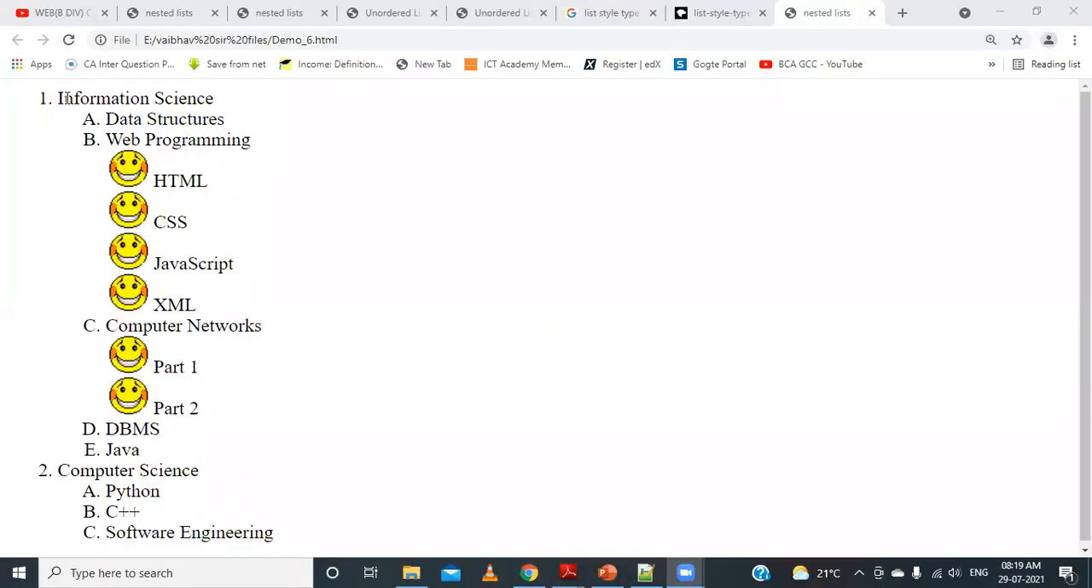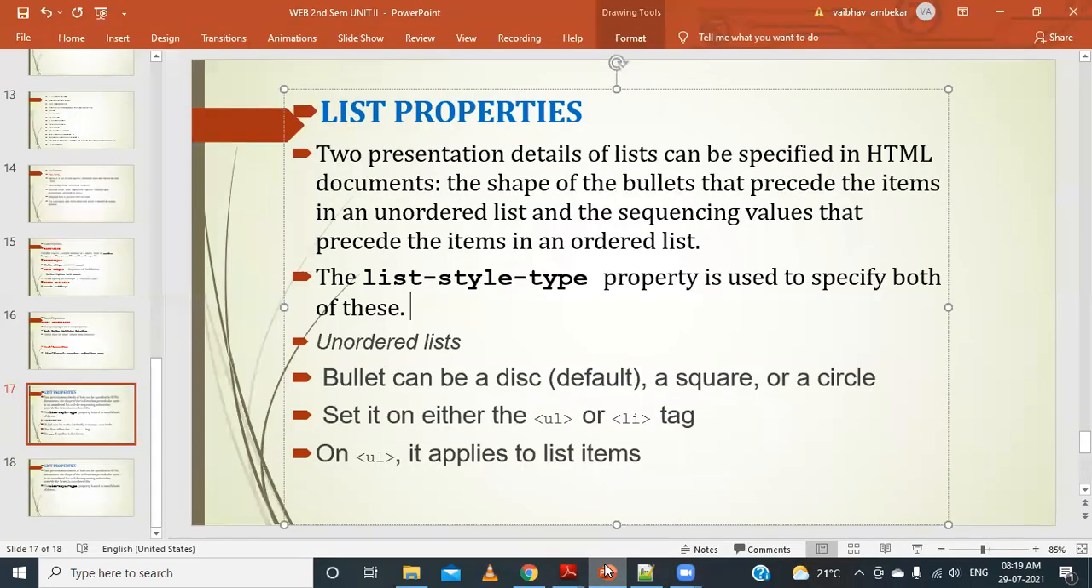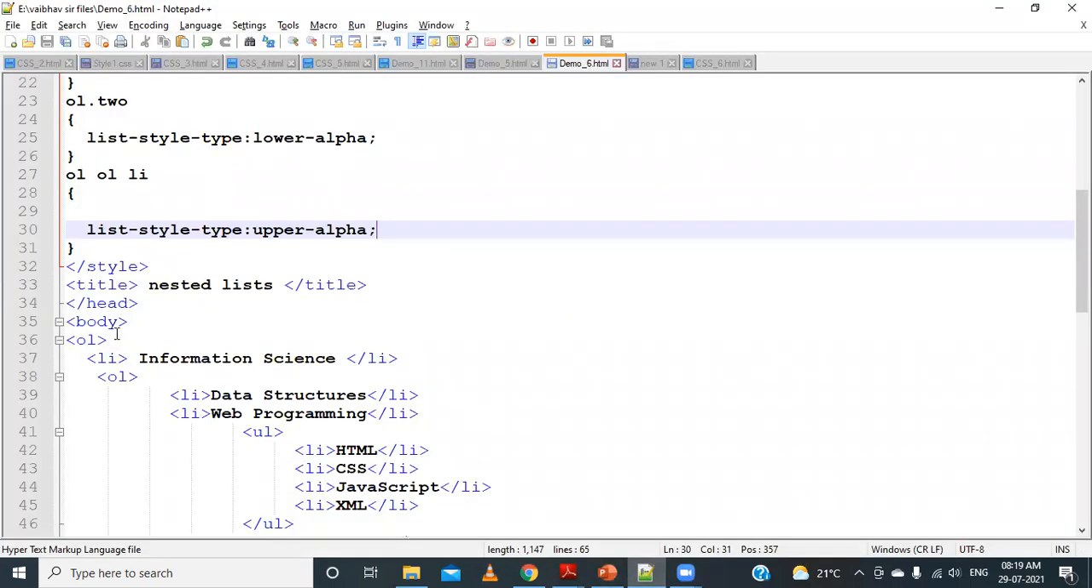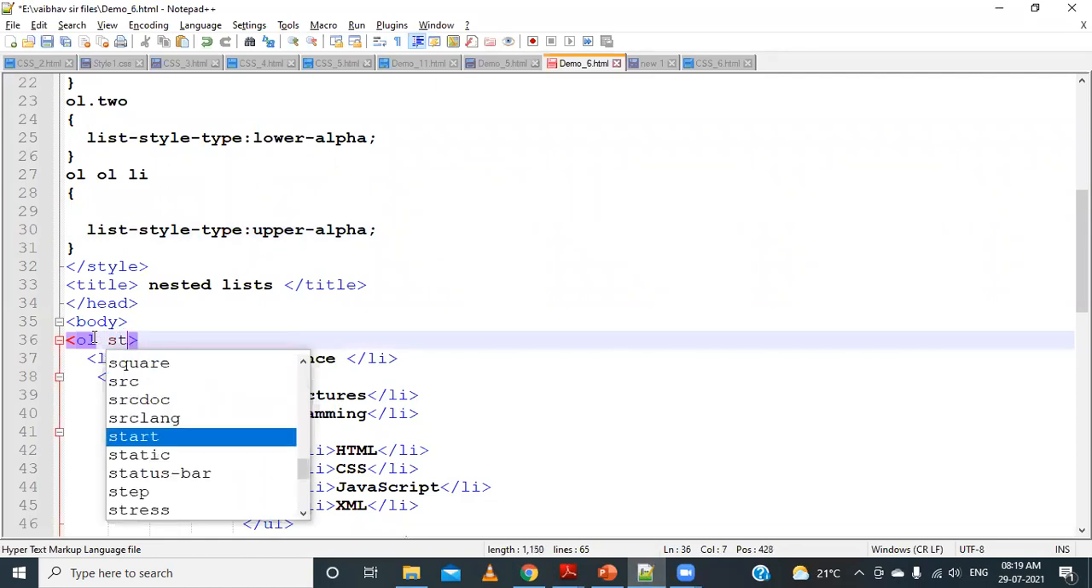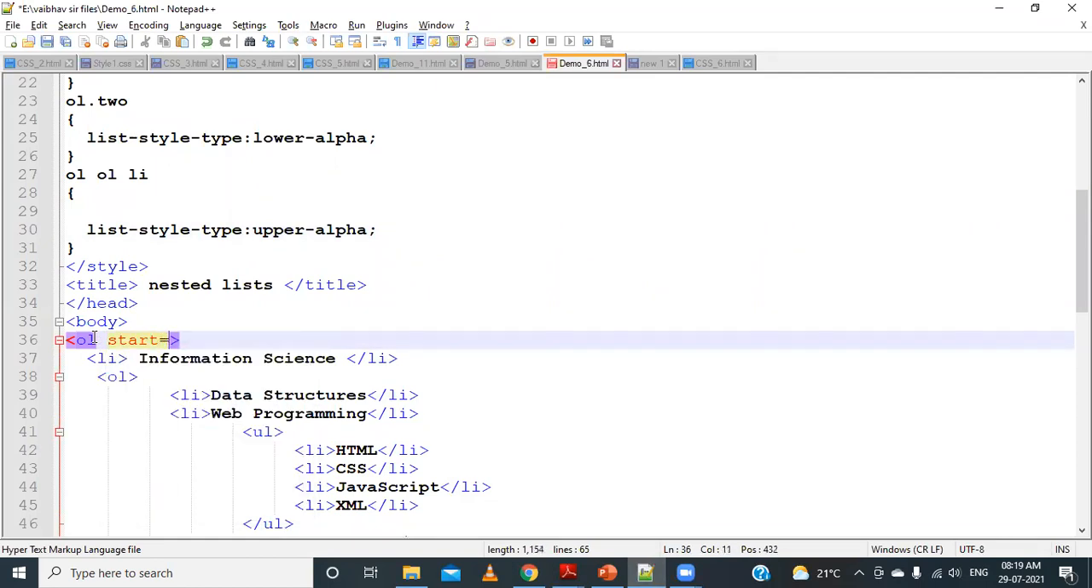Now in this, we can observe that information science and computer science by default start with 1 and 2. Suppose I want to start this with 3 or this with 4 and so on. For that, there is another property that we can use, called start. So for this example, I will say OL, I will say start, and then I will specify the value 3. So the list items will start with the number 3. By default, it will start with 1, 2, 3 and so on. But if you want to start with 3, 4 and so on, we can use that as well. So if I run this now,